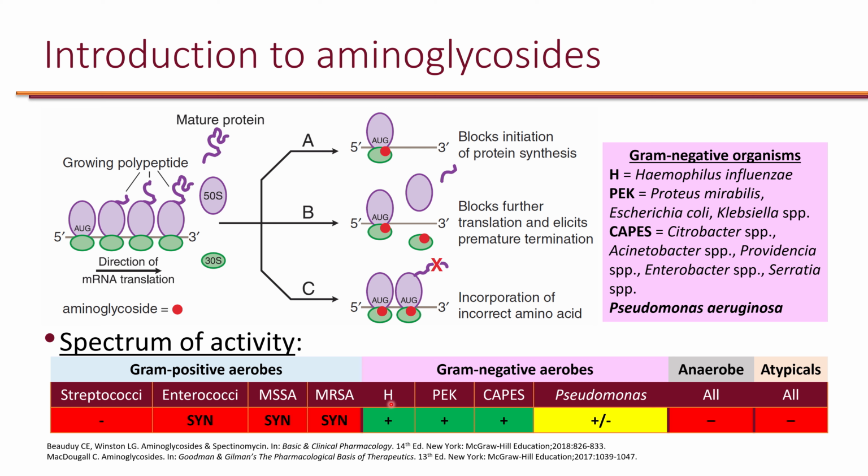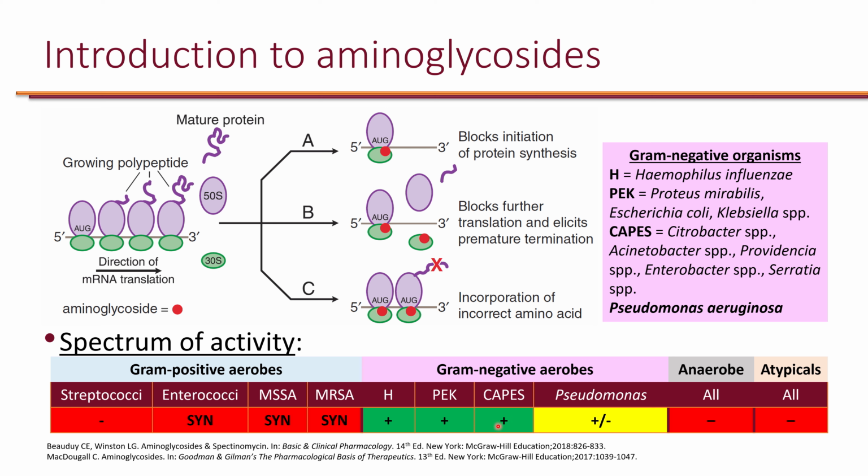So H for Haemophilus influenzae, so they have great activity for Proteus, E. coli, and Klebsiella, and of course for KPC organisms, and that's in general. So Citrobacter, Acinetobacter, Providencia, Enterobacter, Serratia. Now some of these can develop resistance, for example Acinetobacter, but there's a good chance that aminoglycosides will be active